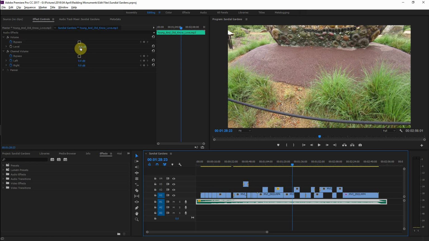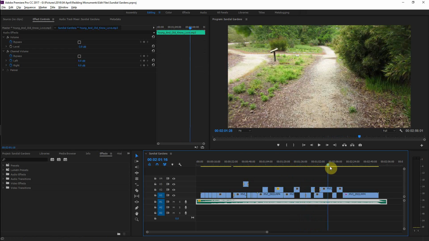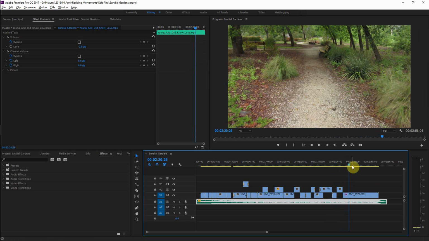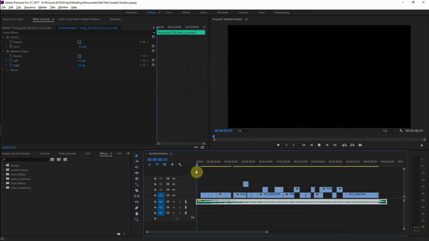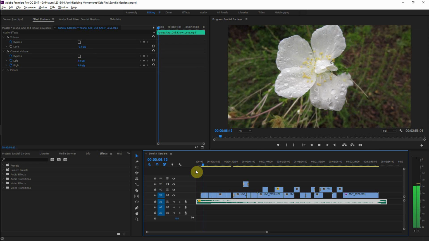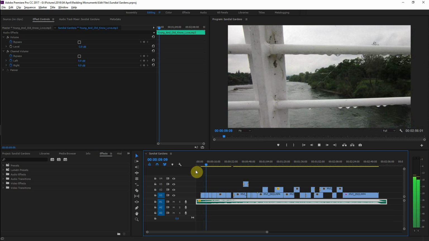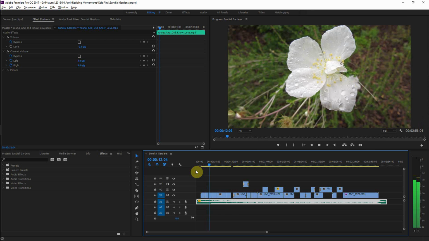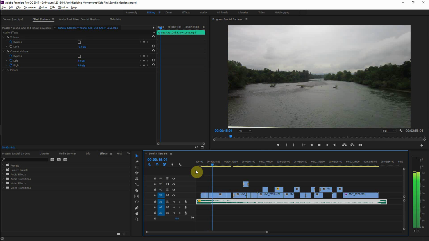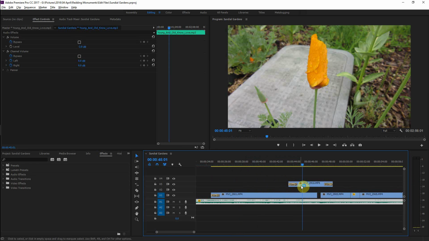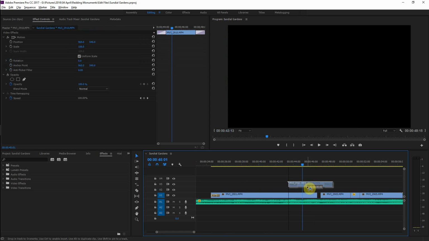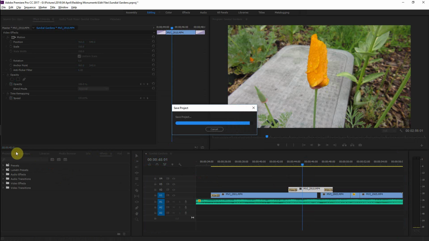Let's see, I put it to -3. Okay, let's go back. See how it grows on us. Okay, so one thing I'm asking myself is why is this clip way up here? I don't think it needs to be that high. I think it can come down from its high horse.